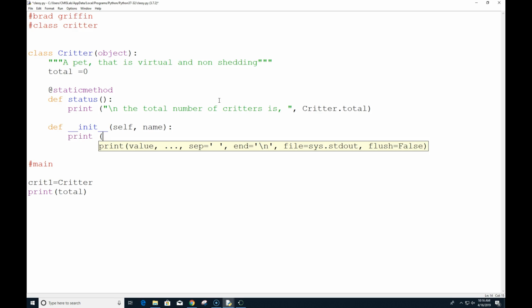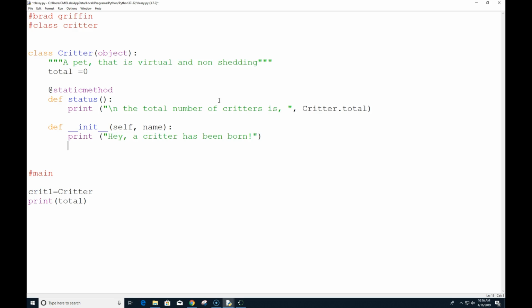We're going to have a familiar, a critter. self.name equals name. So this is the step where we pass that name that you sent in and we assign it to self.name.